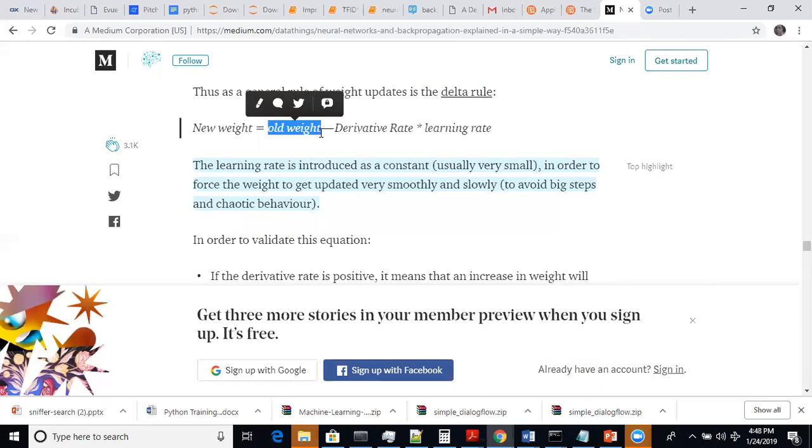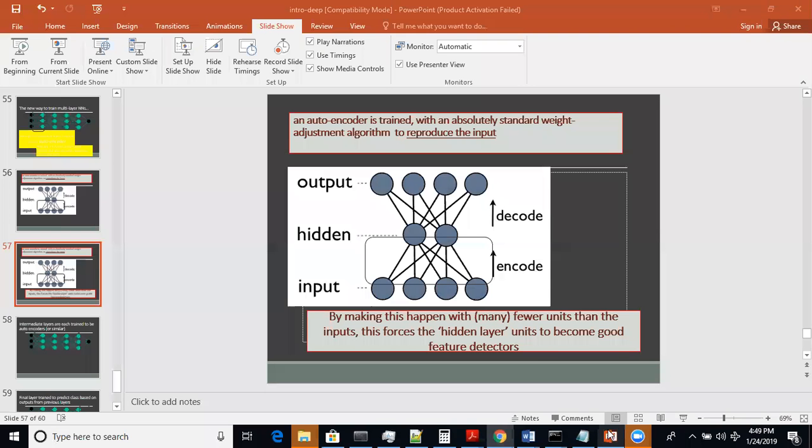So we talk about error, actual minus the desired, right? Whatever actual we receive from training by using our neural network algorithm is called the actual, and the desired is already there. Then we get an error, and based on the error we get the derivative rate, right? So error with respect to that particular weight. When I say a particular weight, did you understand? I think so. If this is the network,